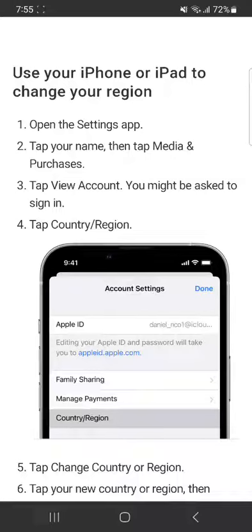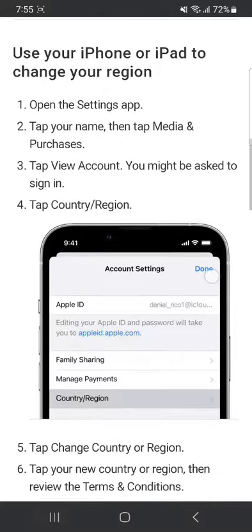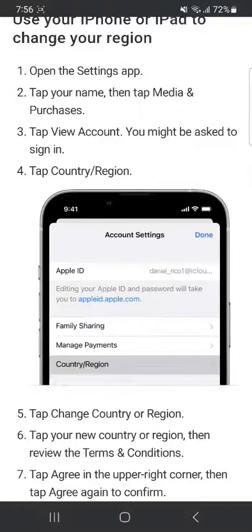Once you've opened, you're gonna click on your name. On the top, there's gonna be your name, you're gonna click on it. Then you're gonna click on media and purchases. Once you click on that, there's gonna be a menu which pops up, and from that menu you'll have